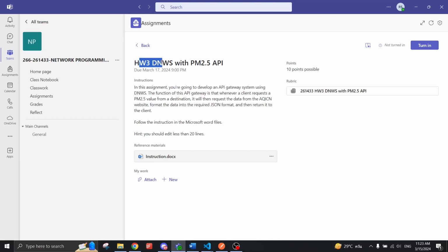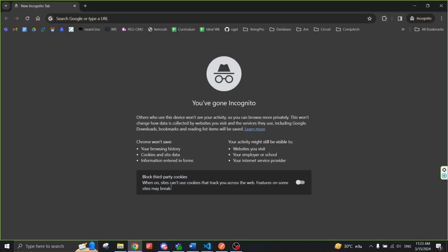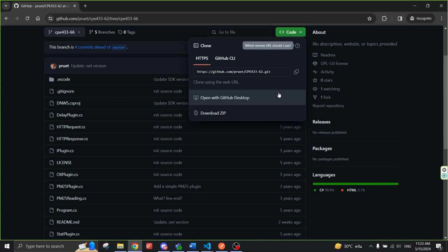So to do HW3 DNWS with PM2.5 API, we begin with opening the instructions and seeing what the professor wants us to do. First things first, we want to go to the GitHub repo of HW3 to get the clone of the repo, and then we will see where we go from there. So we put up Chrome, we get the repo, we just go here and git clone